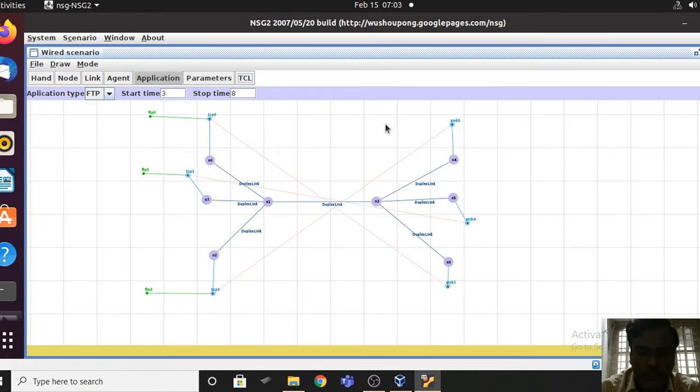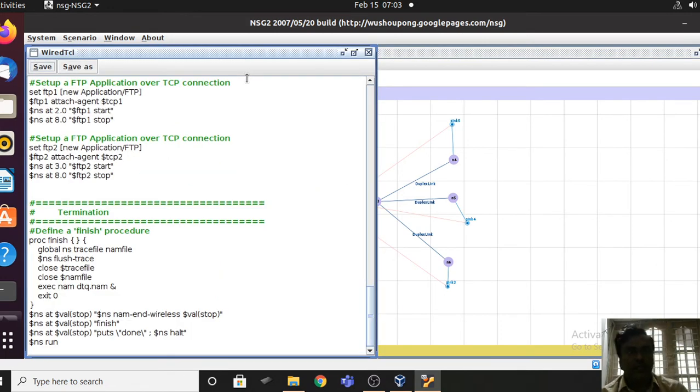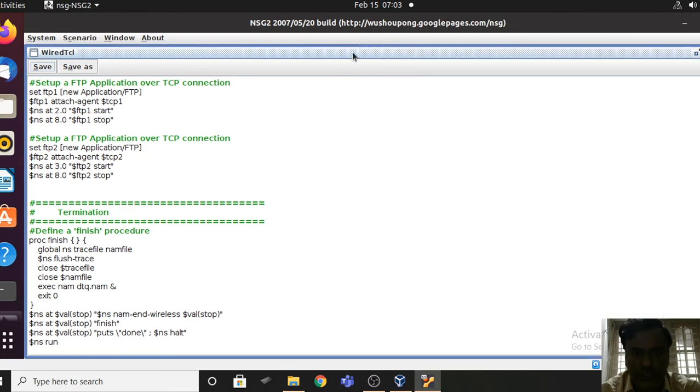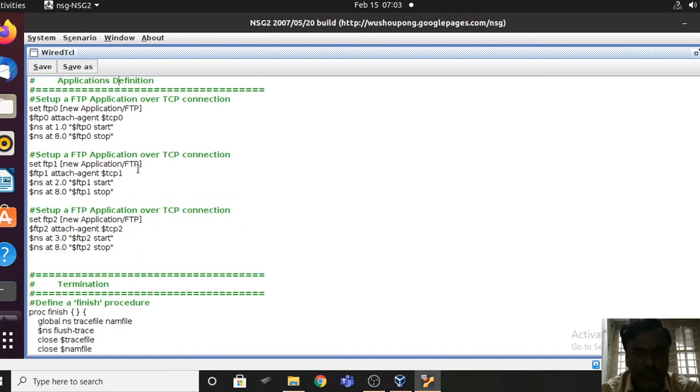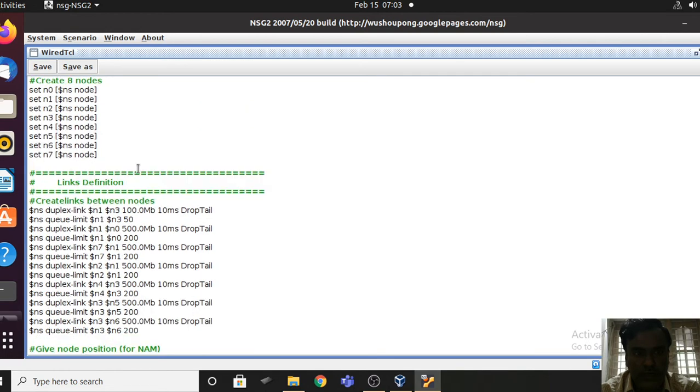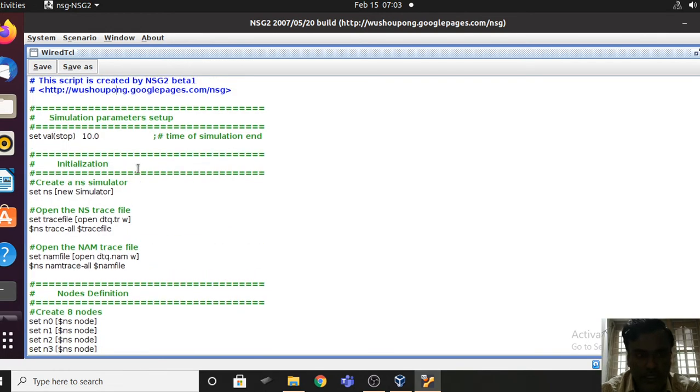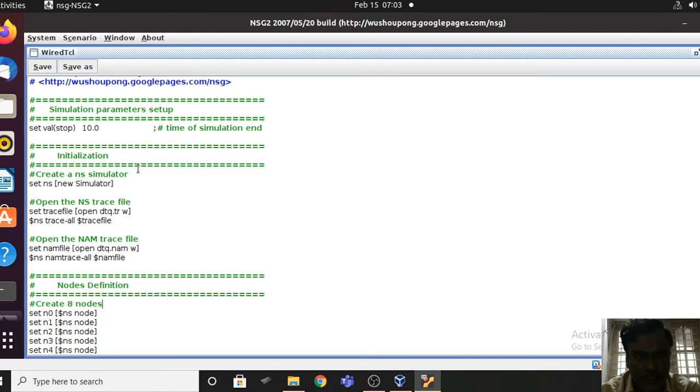So after this, what we are doing, you click on this TCL. So this is the code. If you want to maximize, you can maximize. If you wanted to go through the code, you can go through. Otherwise, I just wanted to add the colors now, so you can just add colors for 3 different data transfers.